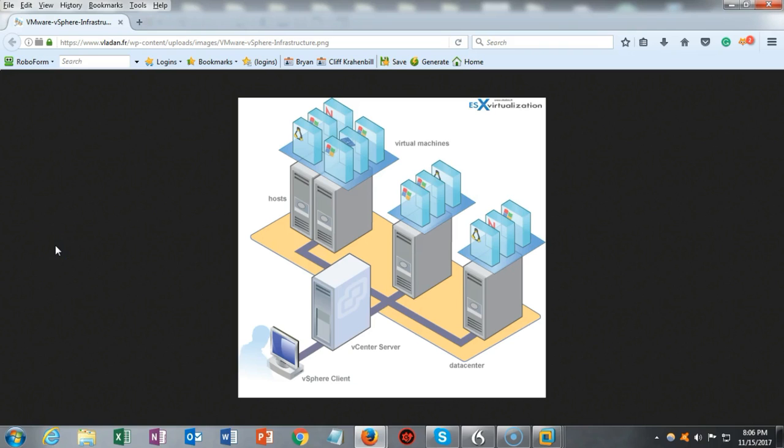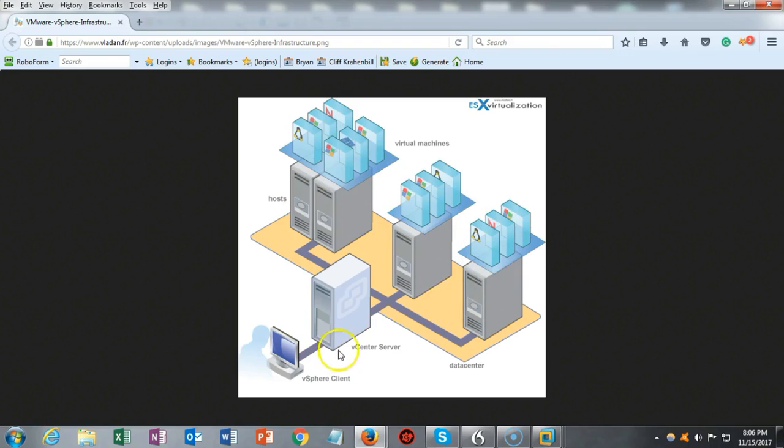This image helps to illustrate how vCenter works as a central control center for all of your ESXi servers. So we can see that the vCenter would be located here. These four objects here represent ESXi servers. On these four servers you would have a number of different virtual machines installed. Now the vCenter allows you to control not only all of these ESXi servers but also the virtual machines that